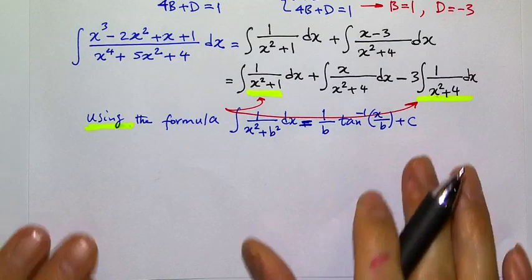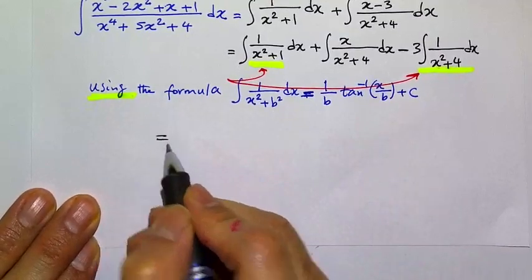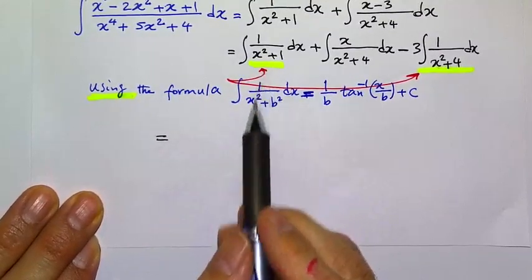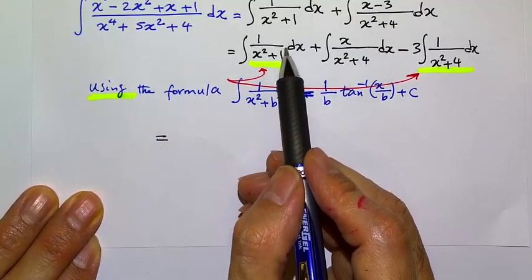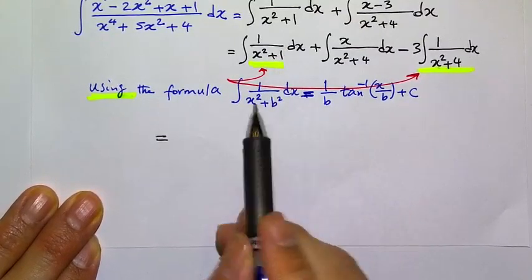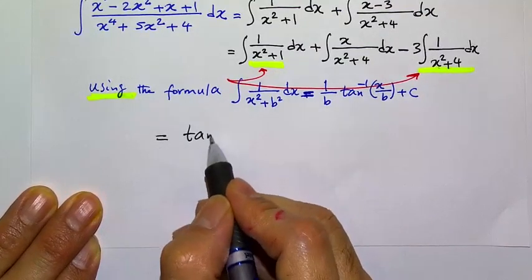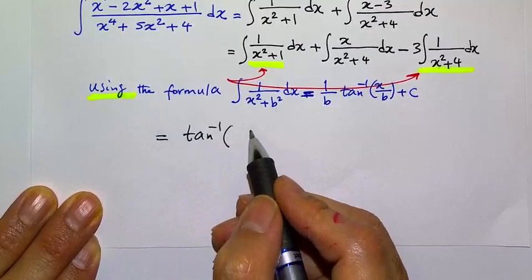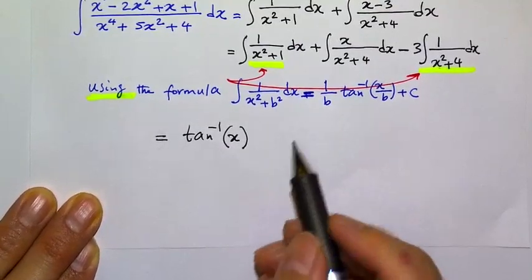Then we're going to have an integral as follows. We will get inverse tangent. So this one is x squared plus 1 squared, right? So 1 over 1 is just 1. I'm not going to write it. So it's just going to be inverse tangent of x over 1, which is just x, and then plus